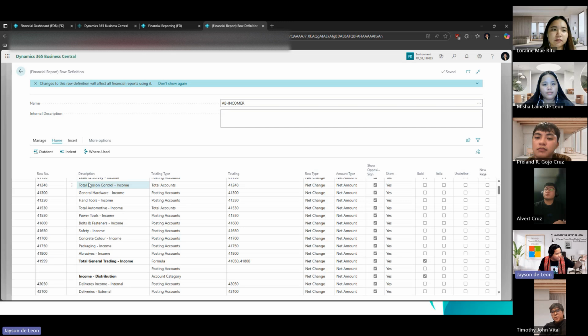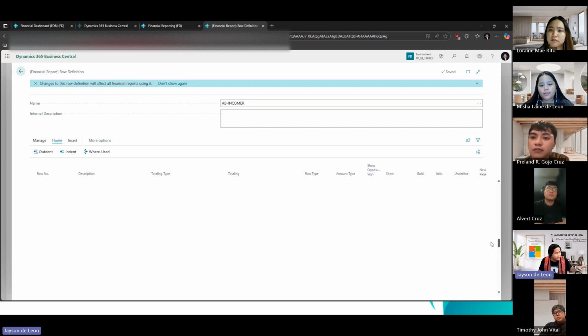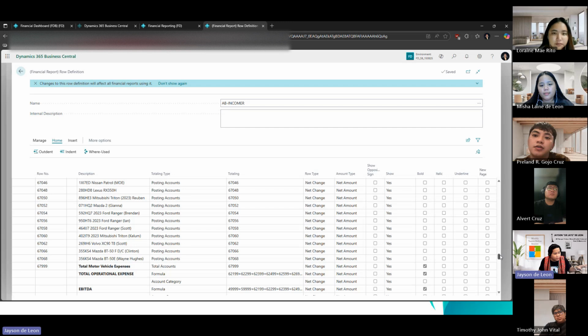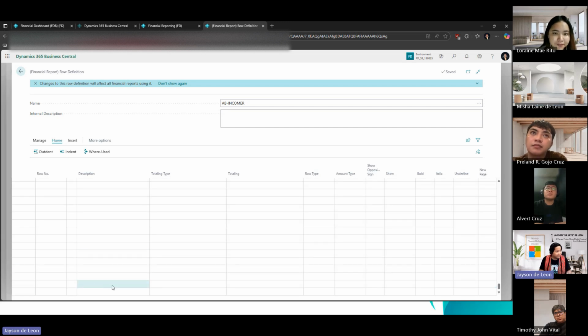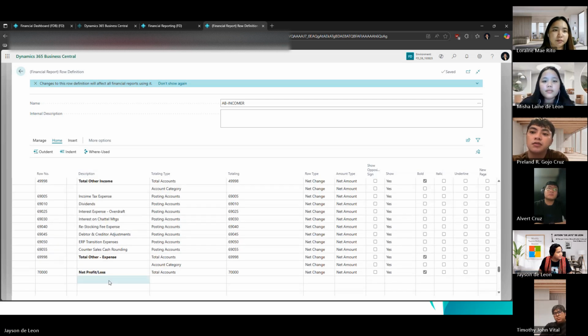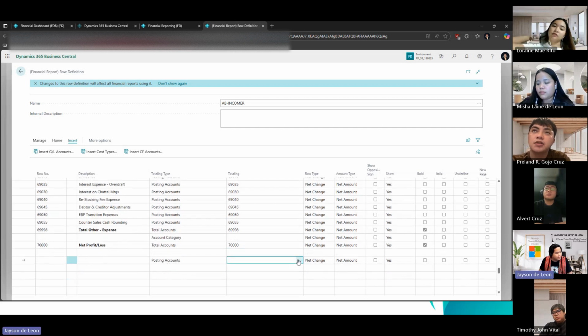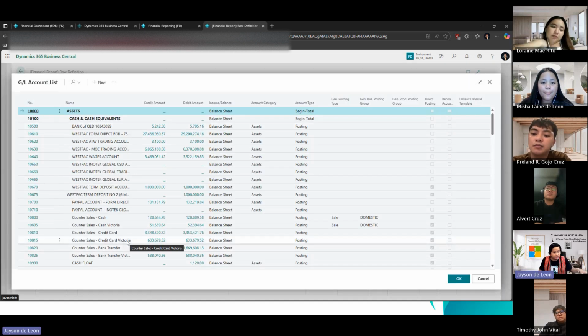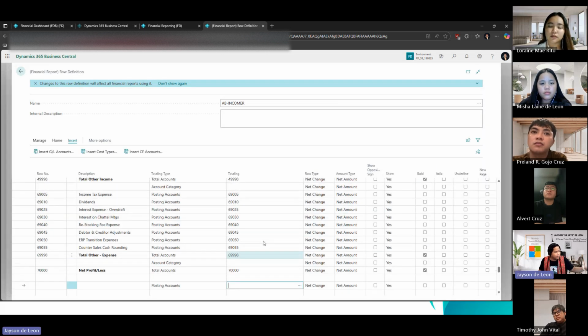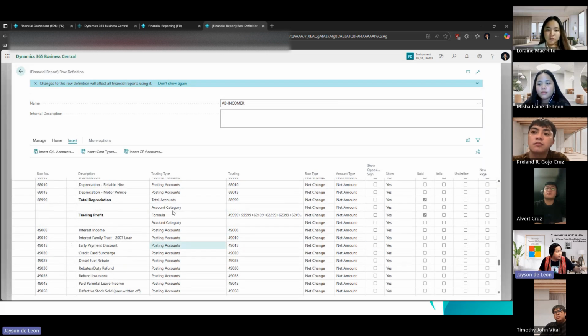But anyway, basically this shows you the accounts. If you would like to insert a new account, you can insert it from the button or anywhere in the rows, and then just type the account, or edit the account. So from here you can see your GL account list. This is where you pull out your GL accounts. I'll just close this because this one is good already. I already have my GL accounts here.